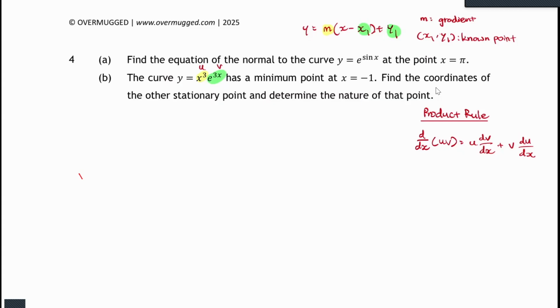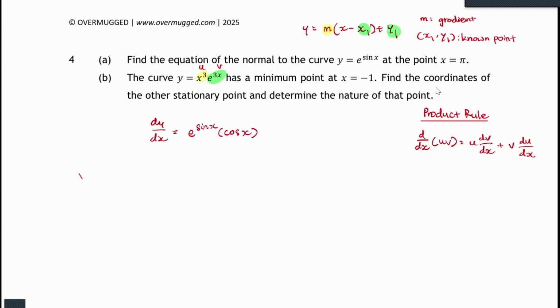Okay, let's start. So we have y equals to e^(sin x). We need to find dy/dx. dy/dx will be, when I differentiate an exponential function, step 1, I copy it first. And then I'll differentiate the exponent. So sin x, the derivative is cos x. I'll just write cos x.